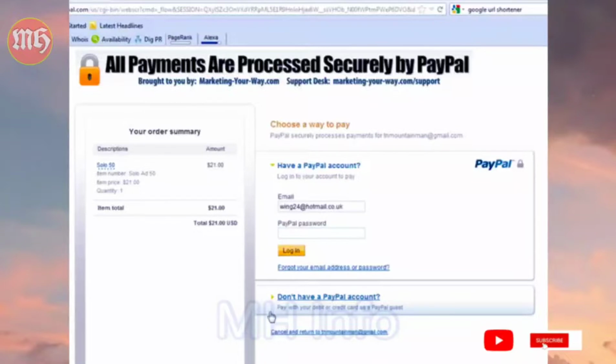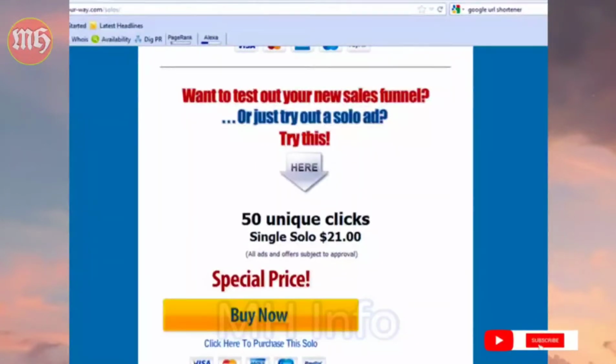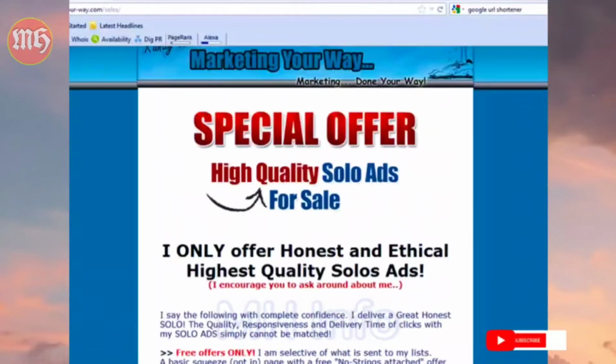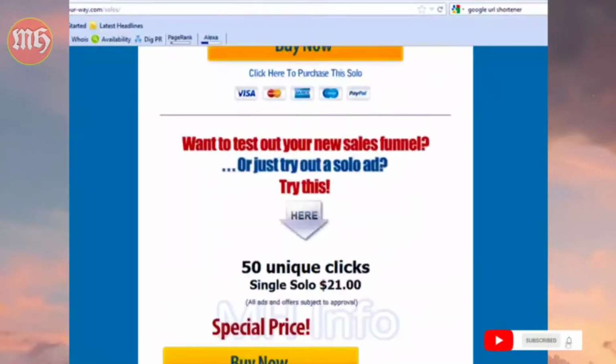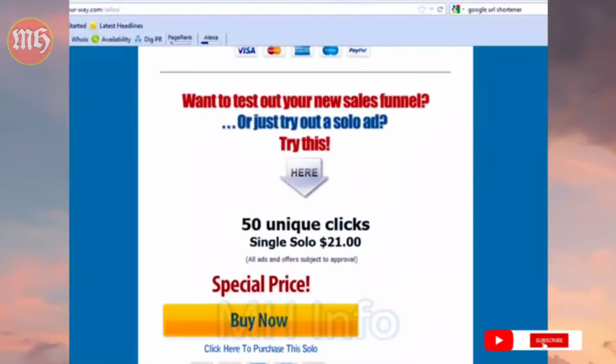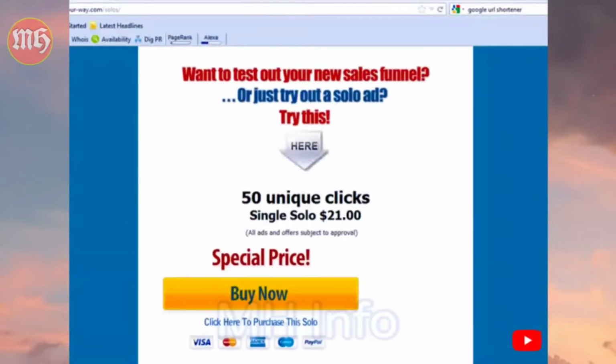So it's a good way of finding out and making sure that your sales process and your sales funnel works how it should. So what we do is buy the ad, and then once you've bought the ad, you will get directed to a download page, and then what you have to do is email the solo ad provider owner, which in this case is Randy, and I've messaged him before when I purchased one of his solo ads. And then what you do is you have to give him your squeeze page URL so he can check it out,